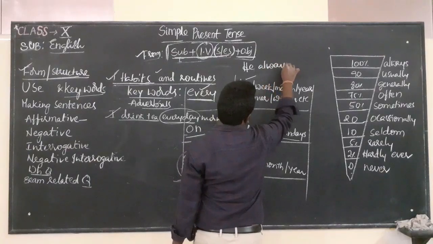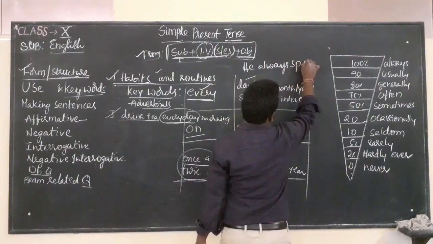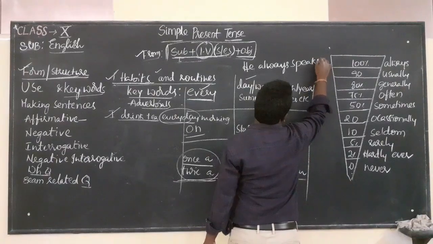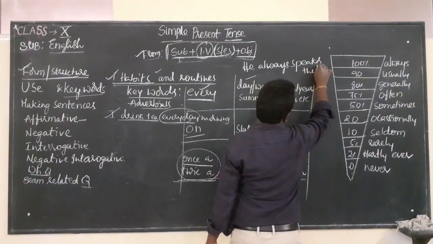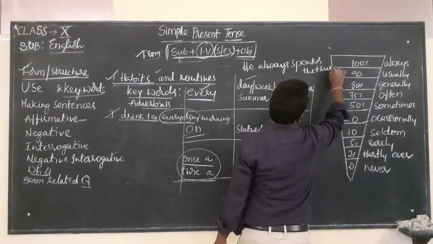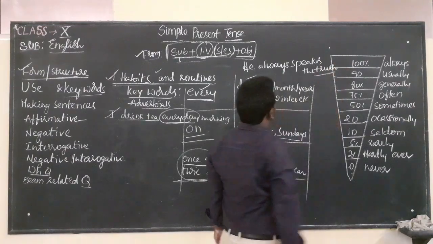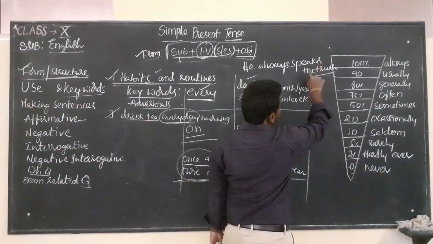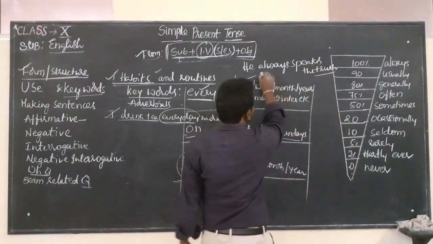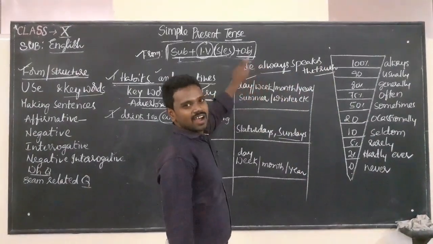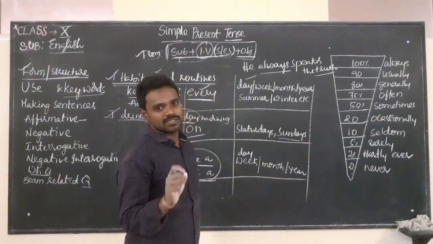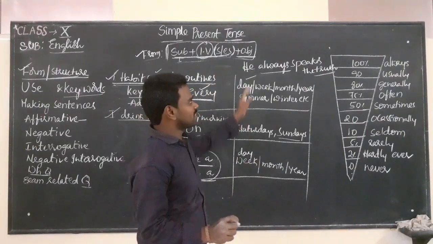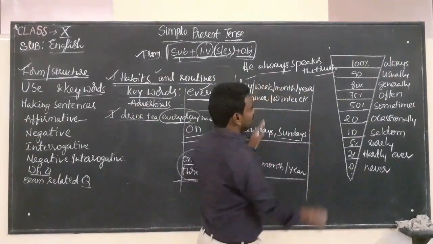So for example, I write one sentence: He always speaks the truth. Always means what? It says that 100% he will speak the truth. So if I write here, he never speaks the truth,